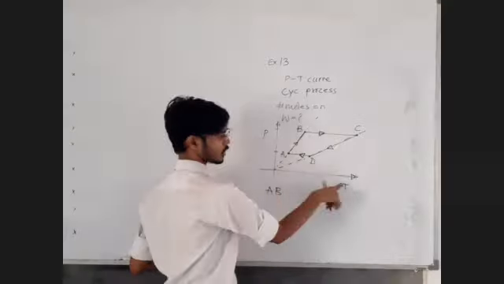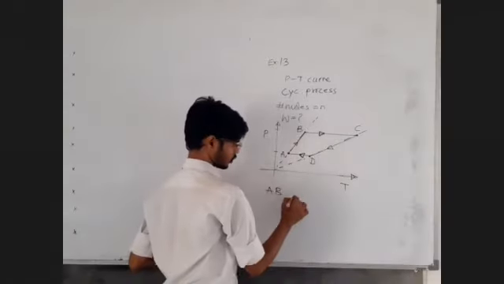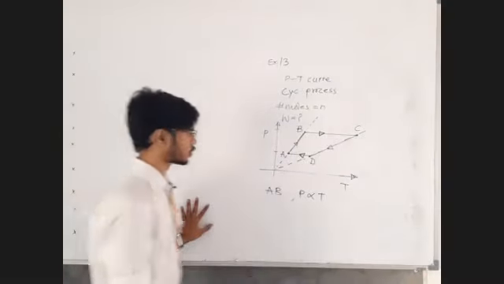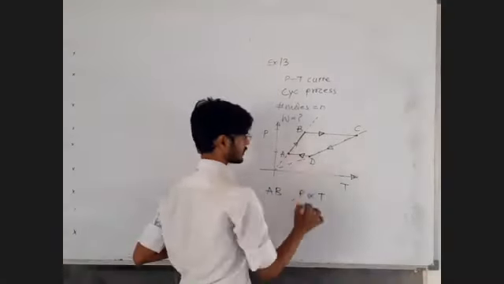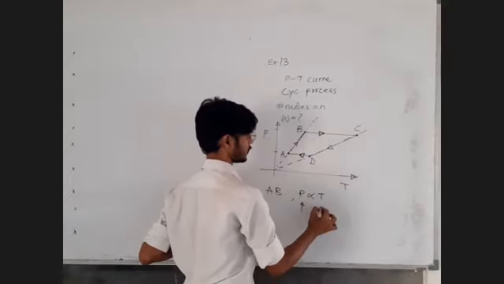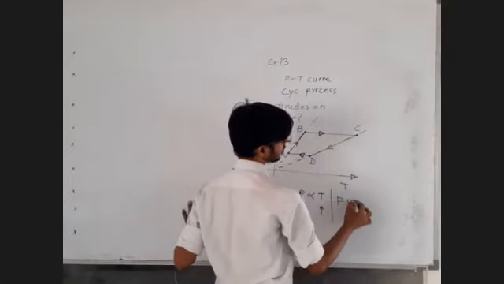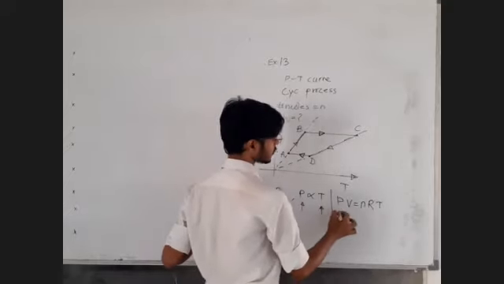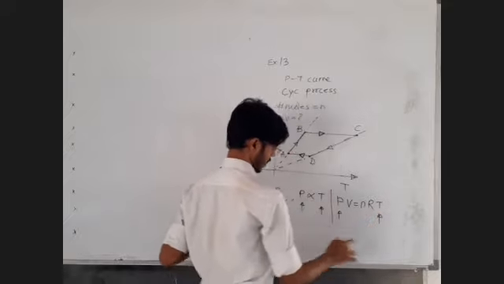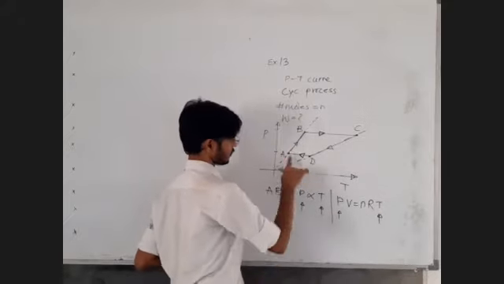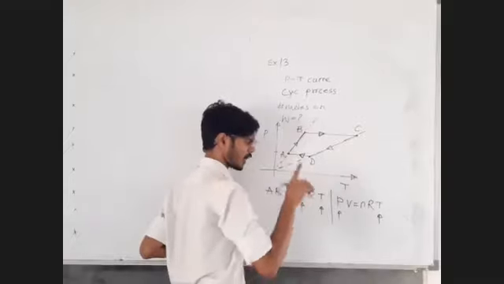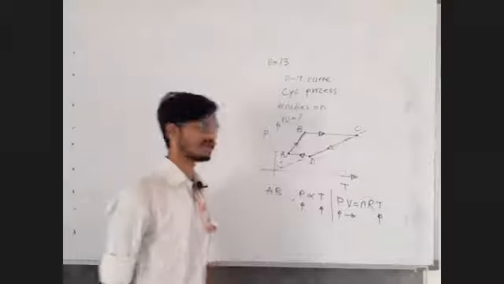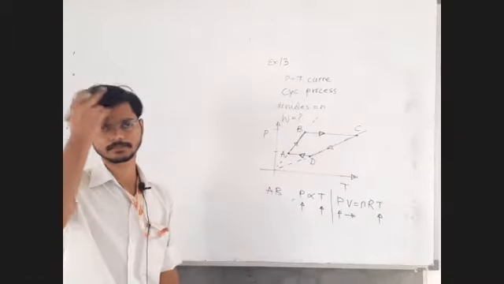We can see pressure is proportional to temperature because the line passes through the origin, and pressure is increasing, temperature is increasing. So for PV = nRT, pressure increasing, temperature increasing, direct proportion we are given. So 100% this volume should be a constant value. Agree, disagree, let me know in the chat box.